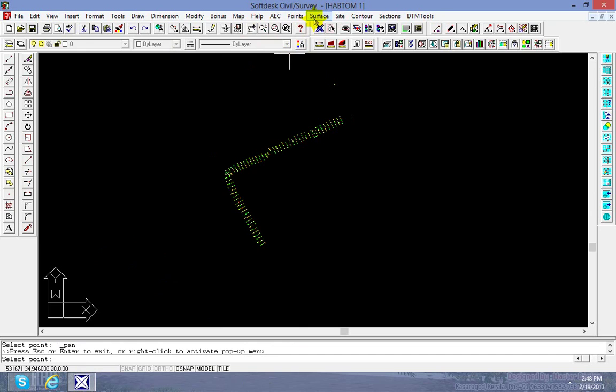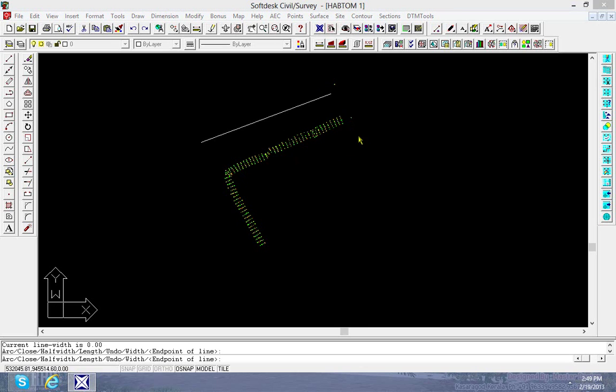Okay, the next step is the surface. How to generate the surface. Click surface. First of all, when you generate the surface, you must select the data by polyline. Therefore, click on polyline and select your data by polyline. You must leave out benchmark 1 and benchmark 2, only the raw data as this one. Therefore,